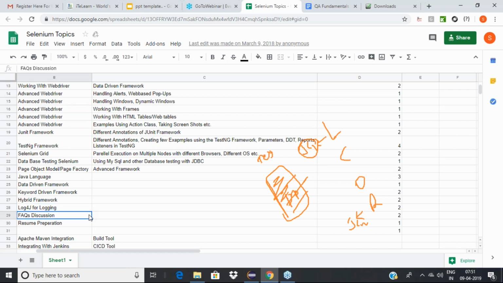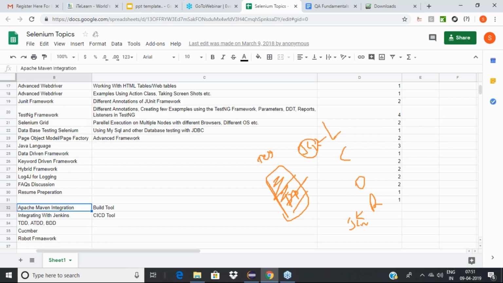Of course, there will be a CI/CD point of view. We're going to talk about the Apache Maven integration. So in the world of Java and Selenium, everything is open source. If you are familiar with any commercial tools like QTP or UFT, or if you have worked with tools like Katalon, or any of those nice UI tools, you will feel a little difficulty to start with on Selenium, for the reason that everything is open source,